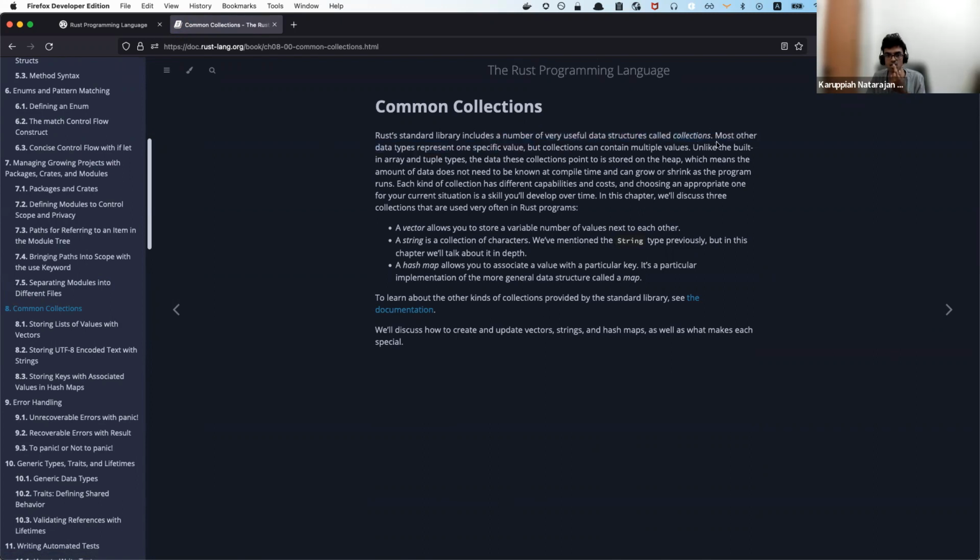Most other data types represent one specific value, but collections contain multiple values. It can be a list. This is similar to Java collections. I always think of collections like some array stuff and all that. Anyways,